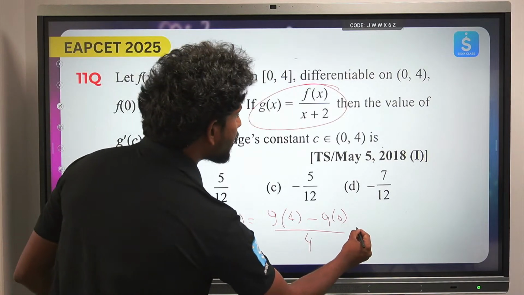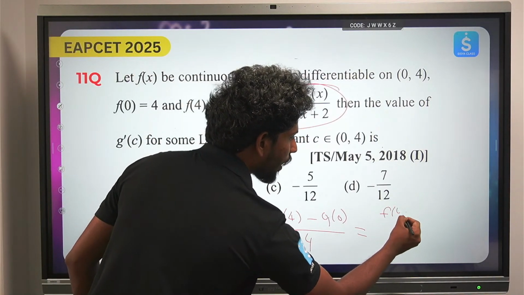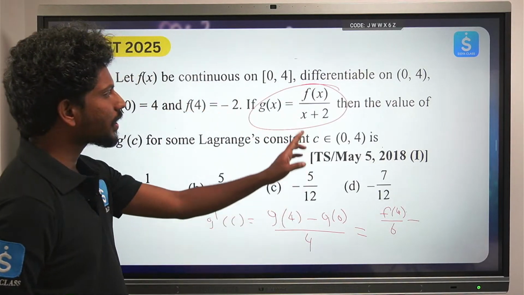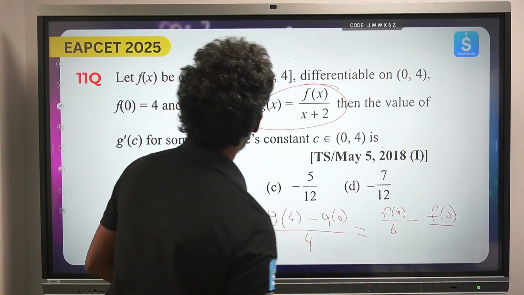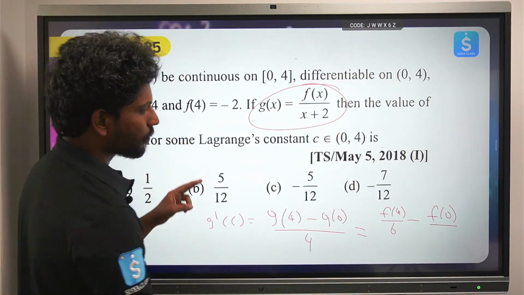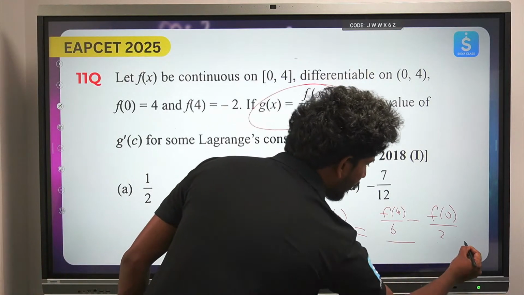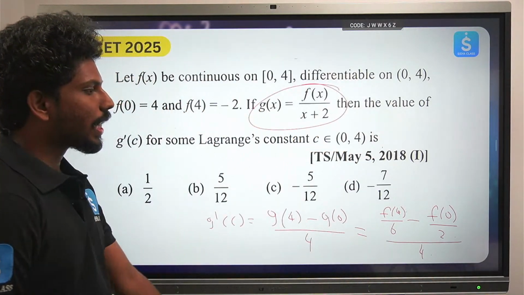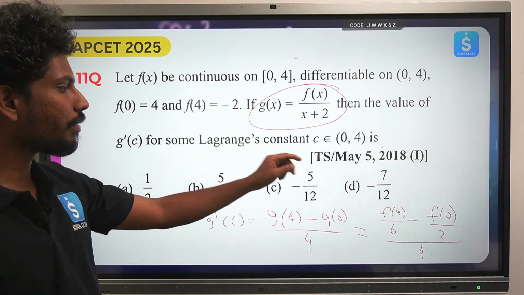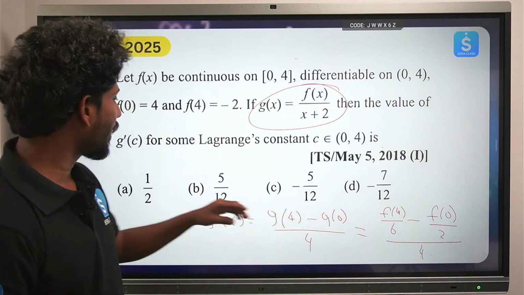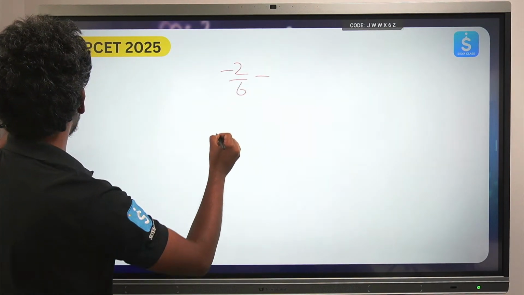But what is g of 4? That is nothing but f of 4 by (4 plus 2), which is 6. And what is g of 0? f of 0 by, this will be again 0 plus 2, that will be 2. By 4, again you have the complete thing is 4. What is f of 4? f of 4 value is minus 2, f of 0 value is 4. So f of 4 value, minus 2 by 6, so we'll just write it here, minus 2 by 6 minus